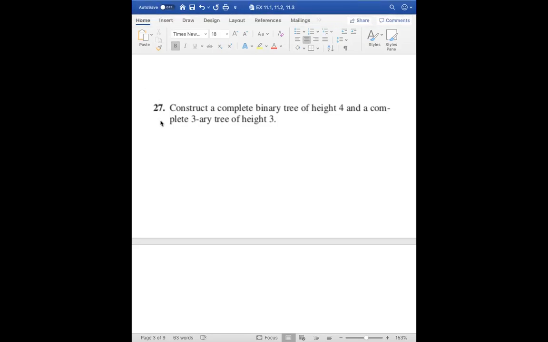Okay. All right, so basically we will draw the binary tree of height 4. So in this one here, we will have one node which will have two children. So this is one node, this is the other node. This node,